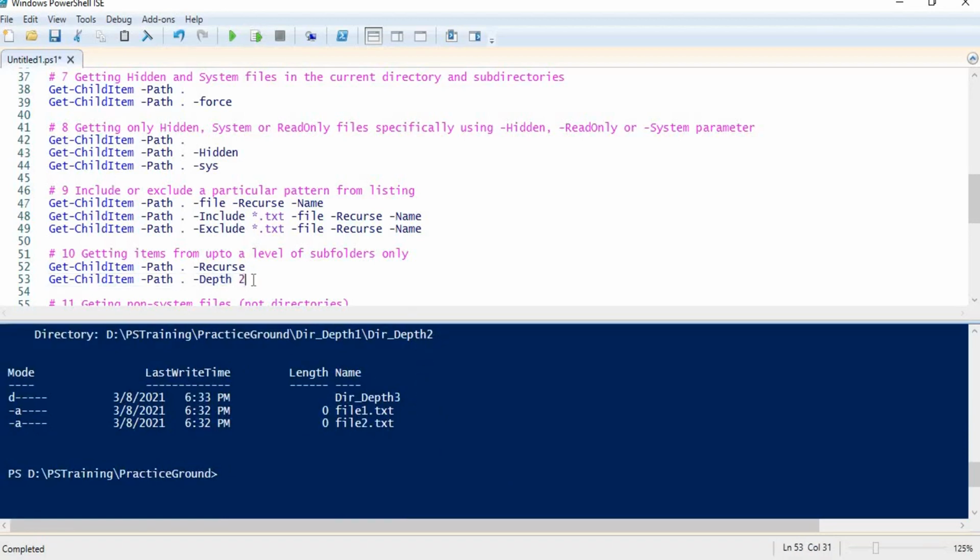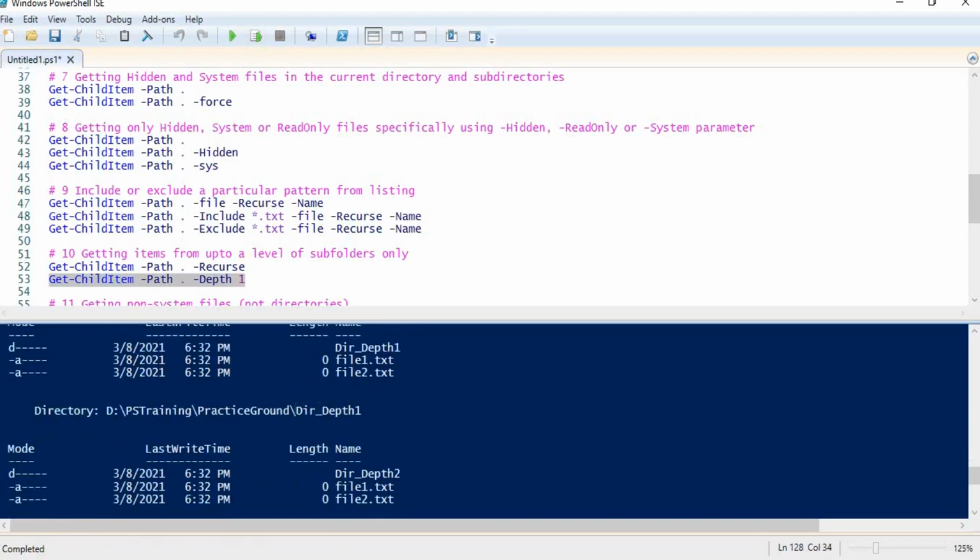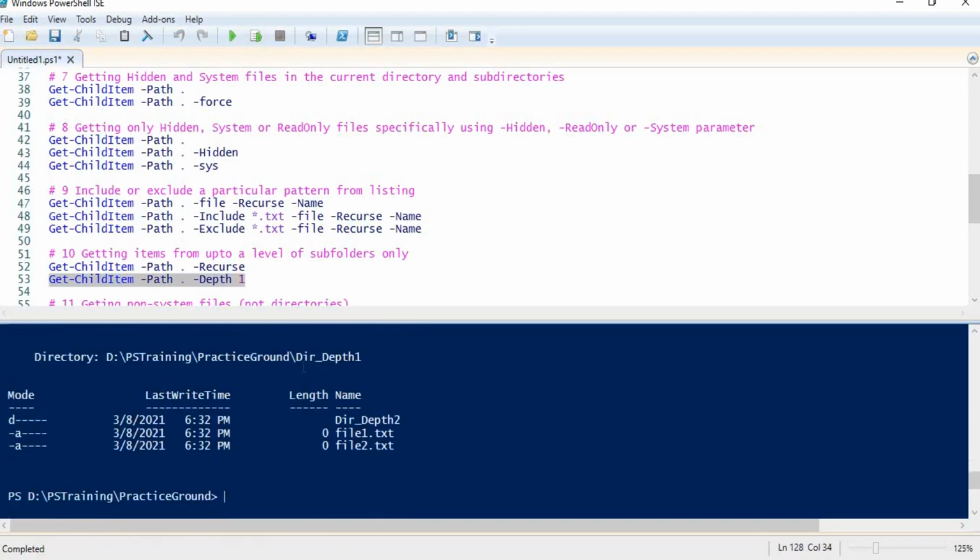In case I want to get files from my current directory only, I can use 0, because 0 represents my current directory. If I run this command, I am getting files from my current directory only, that represents depth 0. In case I want to get files from my current directory and one subdirectory as well, I can use 1, and if I run this command, I am getting files from the current directory and one subdirectory that is just inside